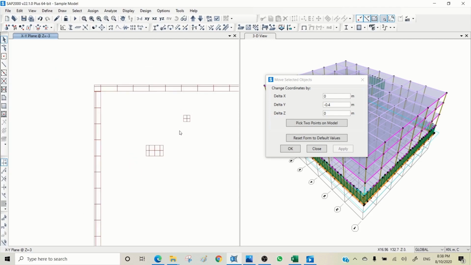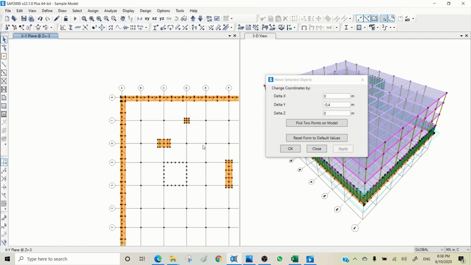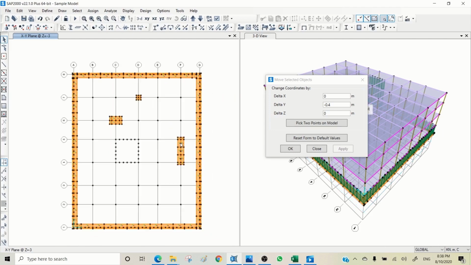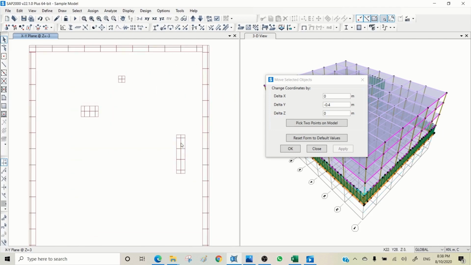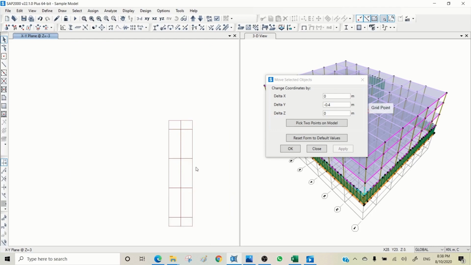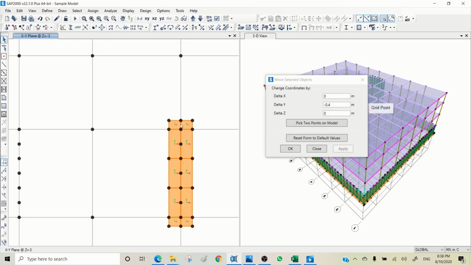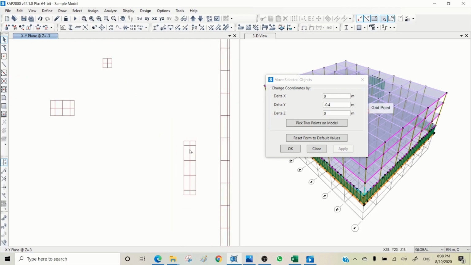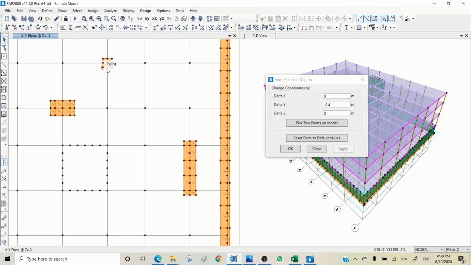So I leave these two right now, and I'm coming to this, and I think this is 1.8. So again, we can make them smaller or not. You guys can do this edit based on the size. So I show you how to resize the pile cap. So we can do the same procedure here. Just select these points and move them in. So I leave it by now just to save the time, and I just apply the piles here, put 2